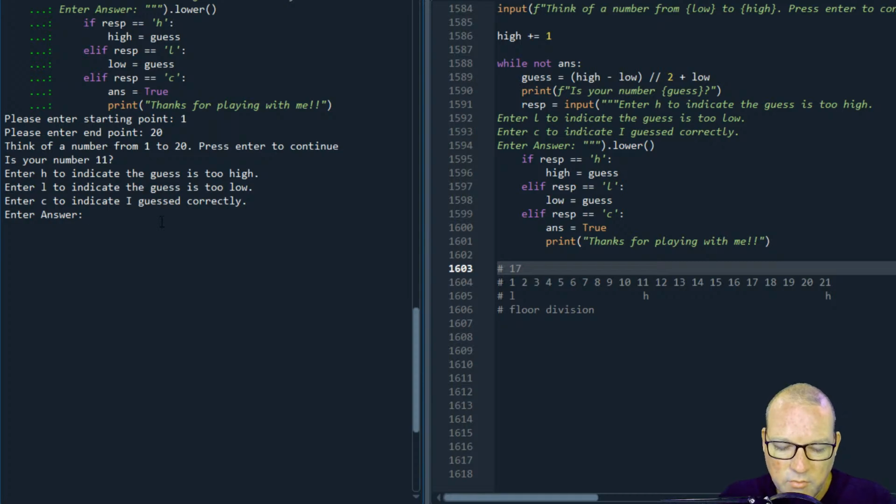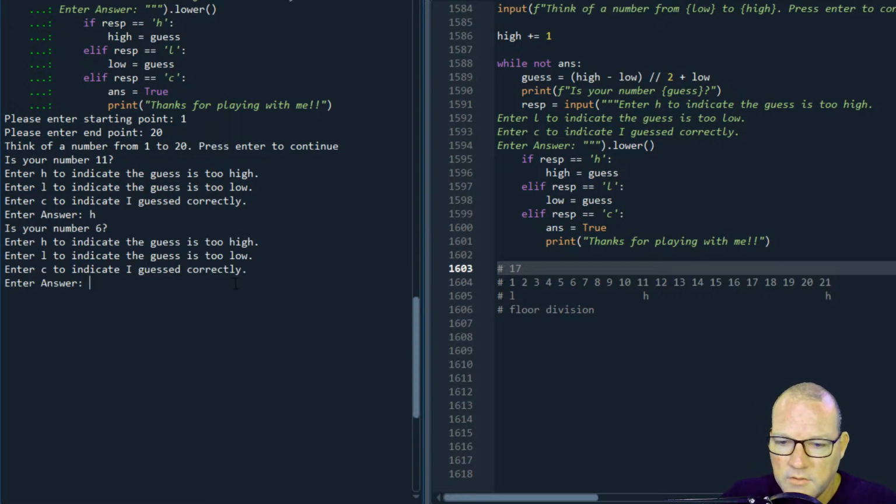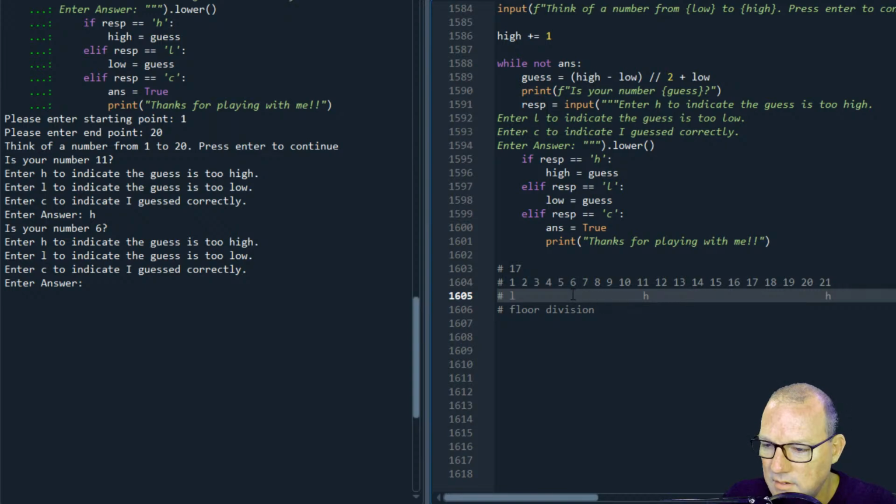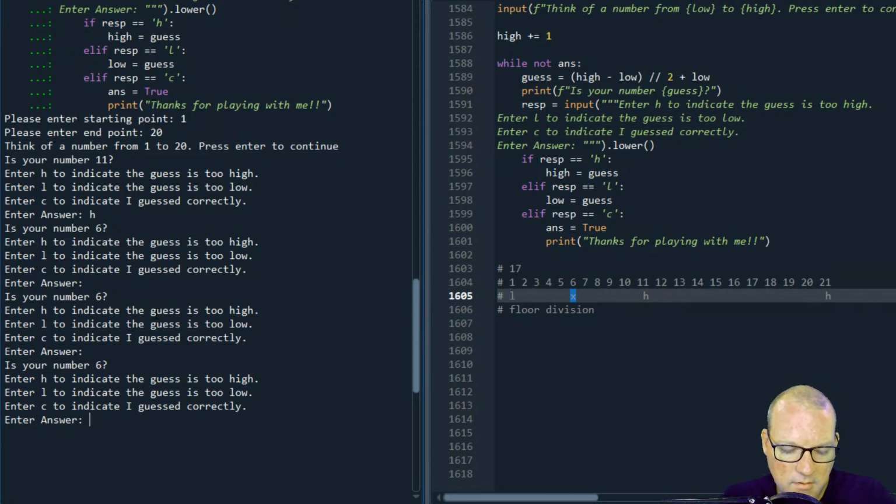So now this is too high. So the computer's next guess. So now this is it. Oops. I did that wrong because it was too low. Correct. My apologies. I was not thinking about this correctly because that was wrong.